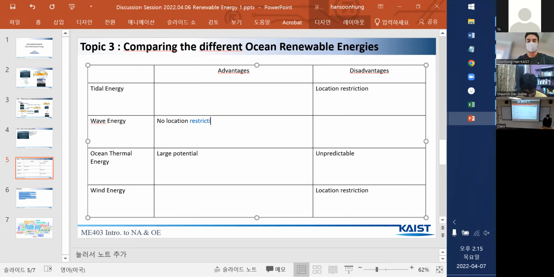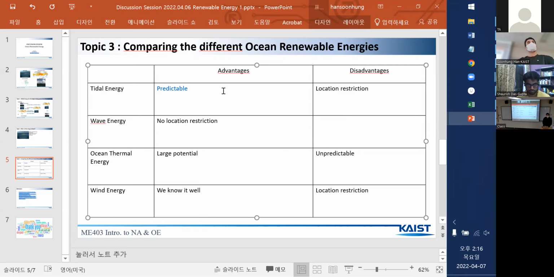I think the main advantage of wind energy is that we master it. We know how to do it on the ground, on the earth, for decades. So we just need to improve a bit to put it offshore, but it's easier because we don't start from scratch. And I think the tidal energy advantage is that it's predictable, because it's tidal, so we can predict it.